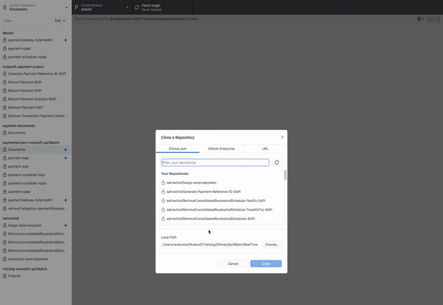So here you can see whatever I have access to, I can see here. What you need to do here is type document. Everyone will type document. In my case I can see multiple documents since I have multiple projects, but here you can see MuleSoft customer module and this document. This document I created just now, and whoever accepted my invitation and logged in with your same email ID will be able to see this document. So can everyone check, are you able to see this document or not?